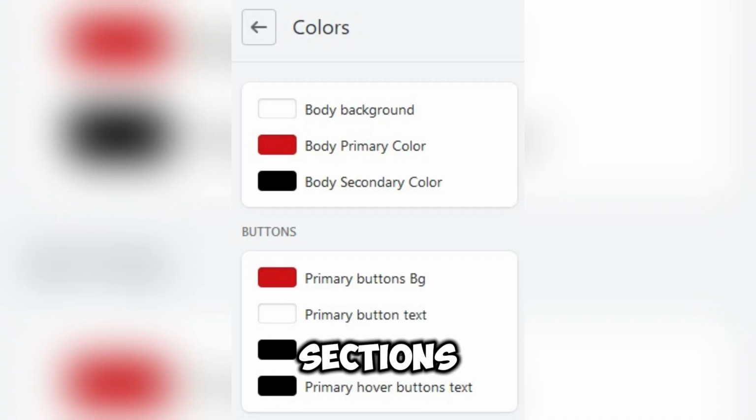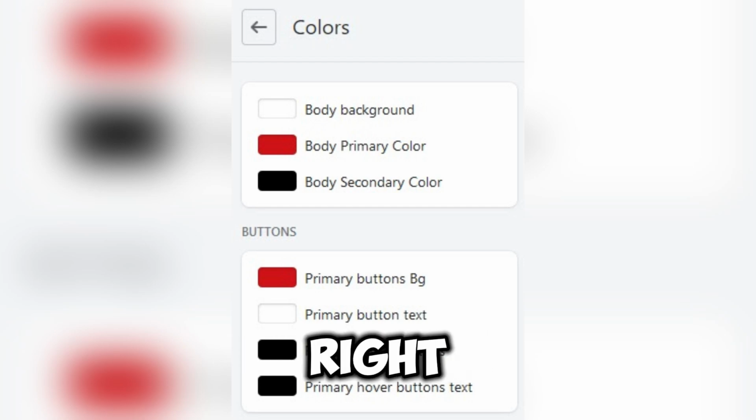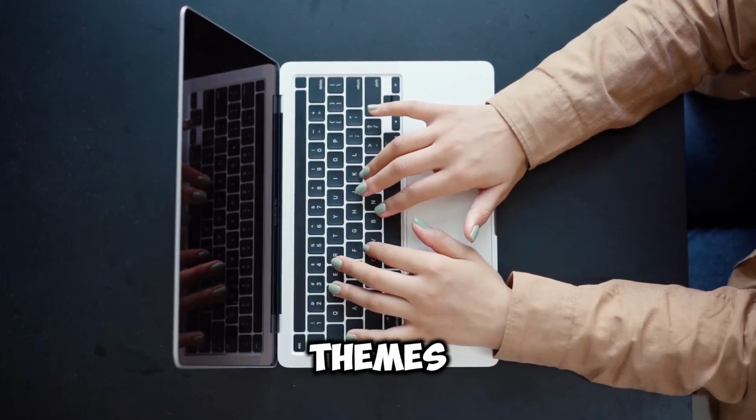For specific sections, for example header, footer, product page, click a section in the left sidebar, for example header, footer. Find color scheme or background. Choose or customize the color. Click Save, top right. For older themes, pre-Online Store